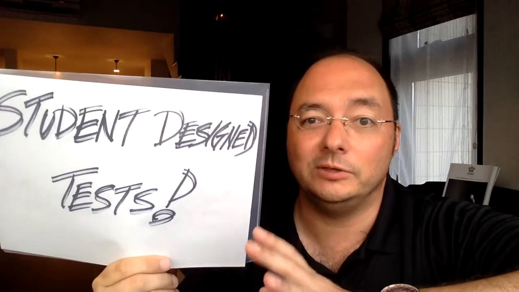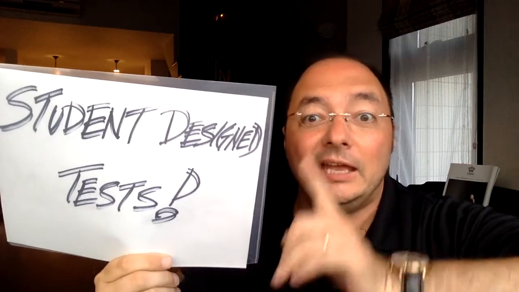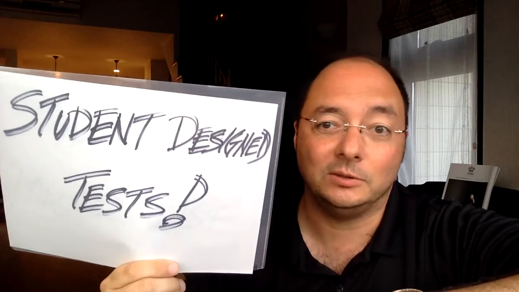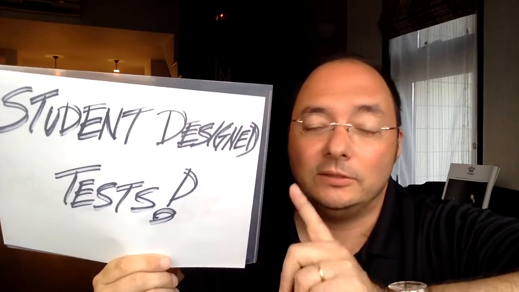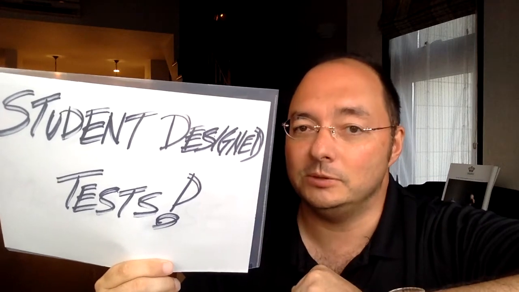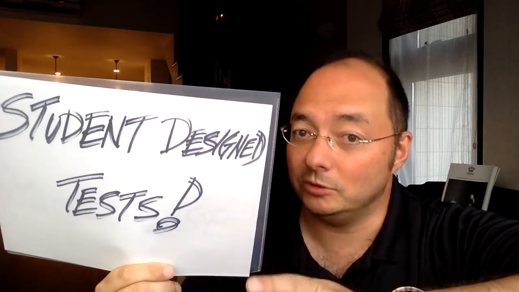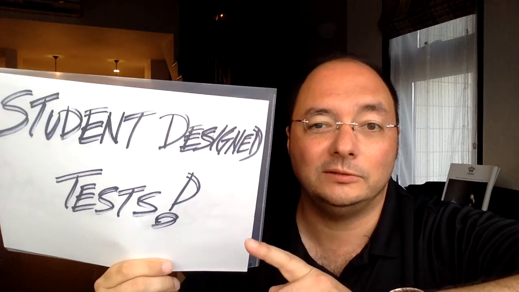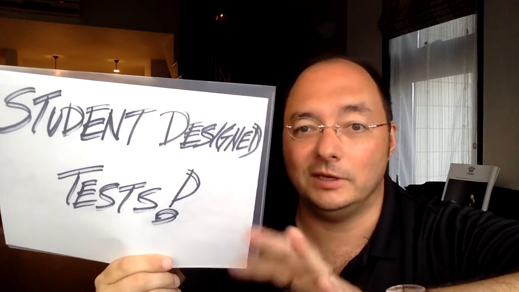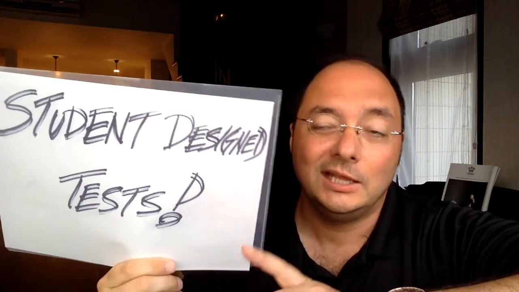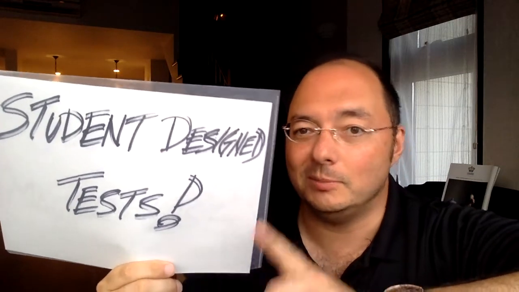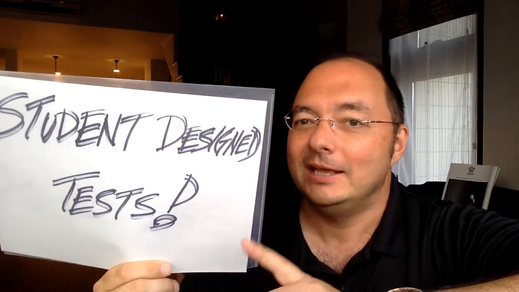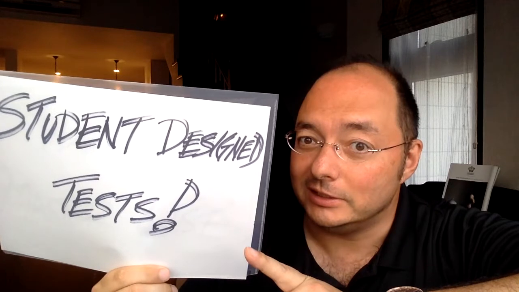So which group created the best test, okay? And actually administer that test in the next lesson. Okay, so everybody has to study from that. Now think about the type of ownership that comes into play here. Think about the type of autonomy that comes into play here. The students have to come up with a test design that satisfies the rubric and all these requirements, and it has to be voted as the best one by their peers. Okay, so there's a lot of interesting pressure going on, but the sneaky thing about it is,